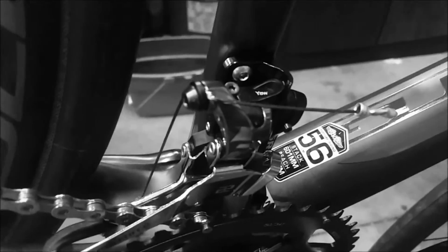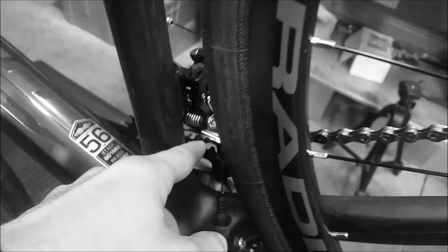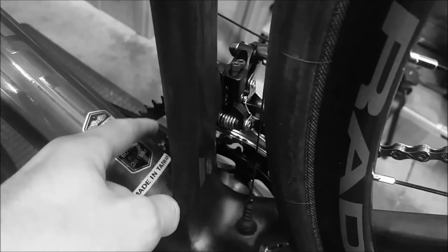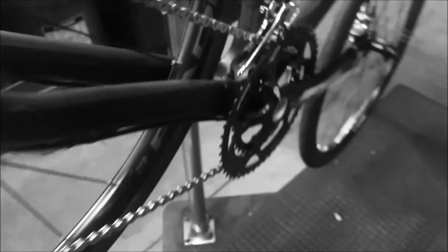One thing I noticed while I was tinkering with the bike, for the front derailleur, I think our lead mechanic was having a little bit of an issue because the chain wanted to go over the top chain ring. The chain would keep popping off the crankset. And one thing to resolve that is to make sure